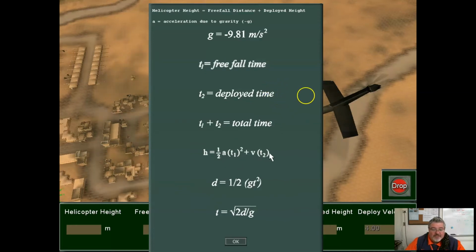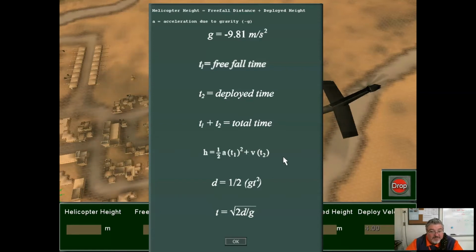V times T2, that is your deployed time. So once the parachute opens, the parachute controls the velocity. It doesn't accelerate anymore because the parachute limits and stops acceleration. It's still falling, but it's falling at a constant rate. So when we're looking for deployed anything, we have V and T, and height or distance is what we want from that. So if we think about it, normally we would find